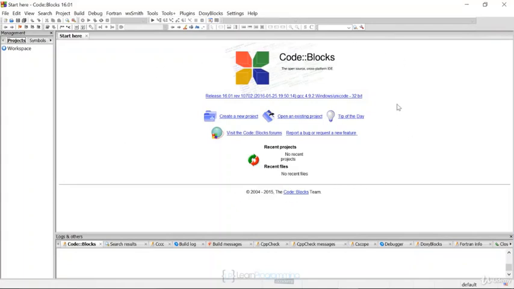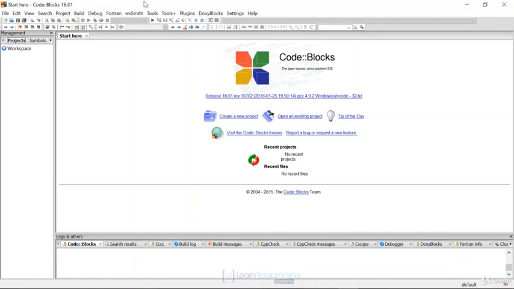You may have seen a tip screen as well. You can just disable those tips. But this is Code::Blocks. This is the basic graphical user interface. What you should notice first is there's a menu bar at the top, and also above that you'll see the version number. But it has some of the basic menu options that come along with writing and executing code, and